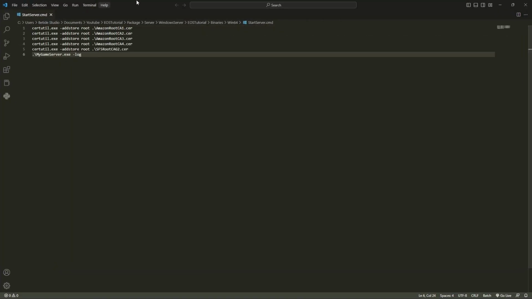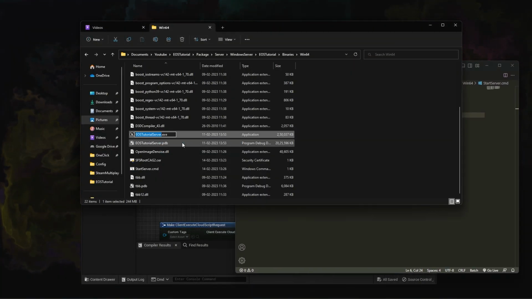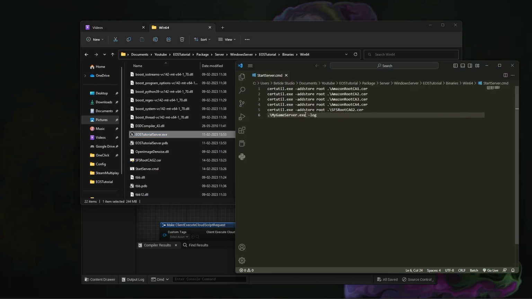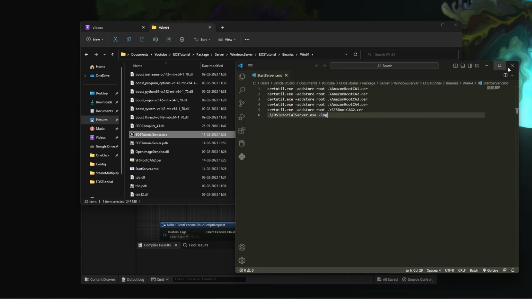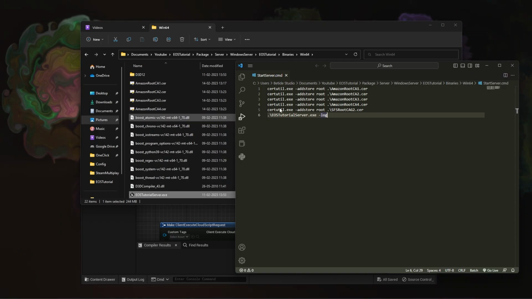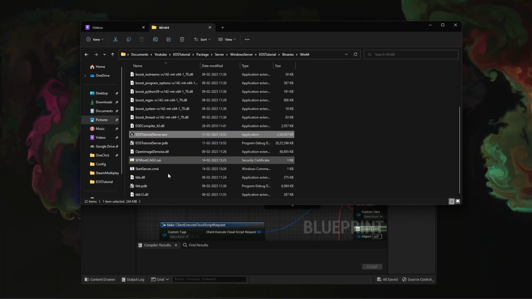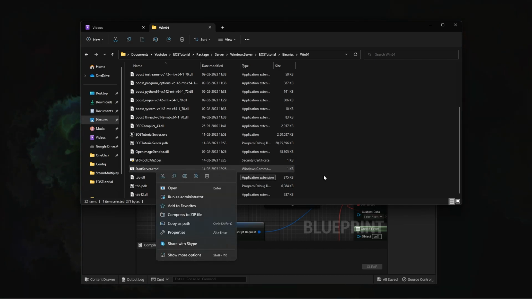Now this my game server will be replaced by your EOS tutorial server. So just copy that and paste this here and save. So all are in the root folders, so that's why we have pasted everything here. Now if I will run this start server dot command,